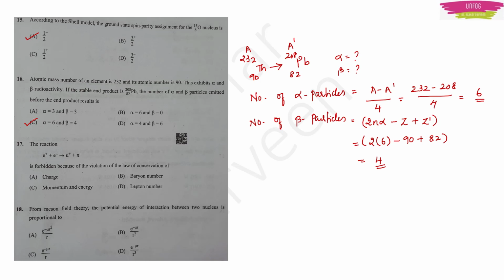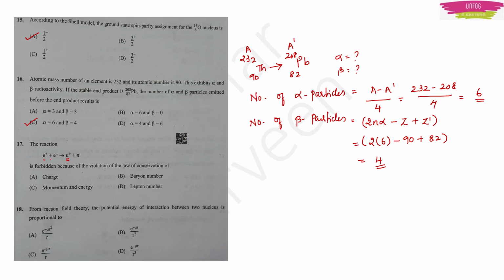Next question. The reaction positron plus electron is decaying into U plus pi minus. Actually, I did not understand what is U plus. In this question paper, they have given U plus a few times. I actually don't know. But anyway, one thing I can say is